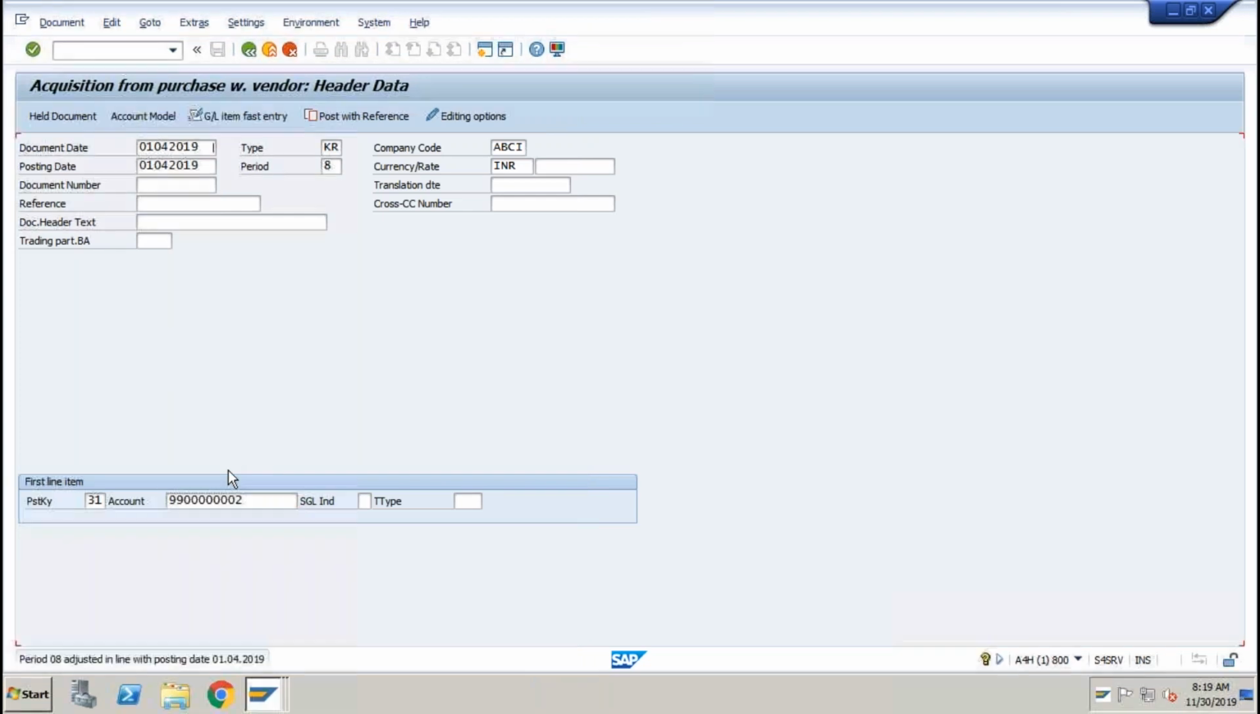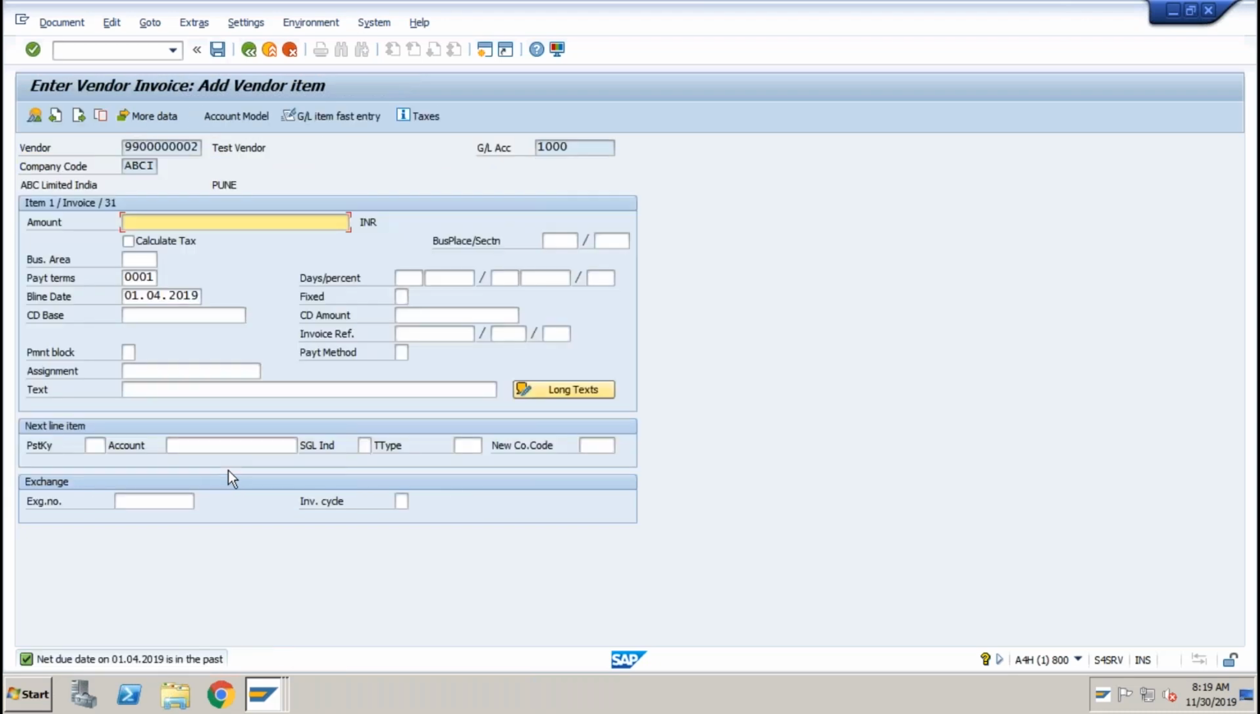Just press enter. Just ignore this warning message. It is saying that currently we are in November, but we are trying to make the posting in the first month of April. That is fine. Just press enter. You have to enter the amount. What is the total amount of this particular asset? At what value you are purchasing this asset? So let's say I am purchasing this asset at